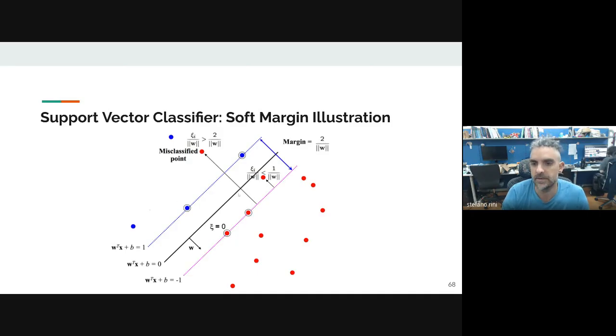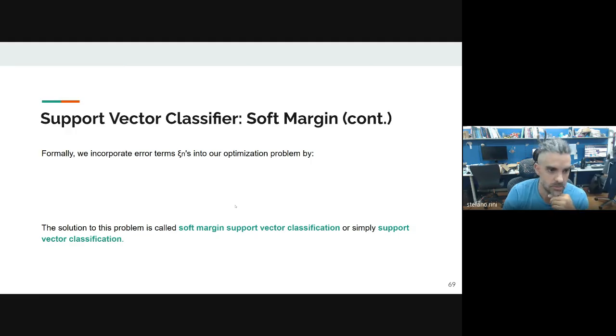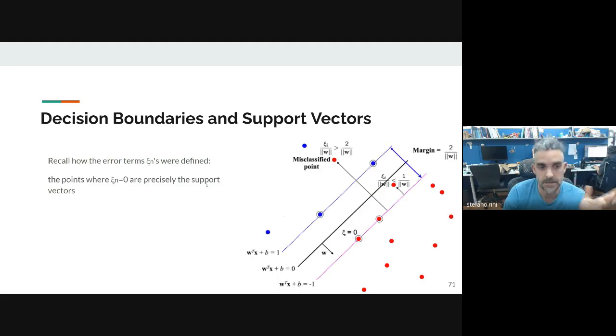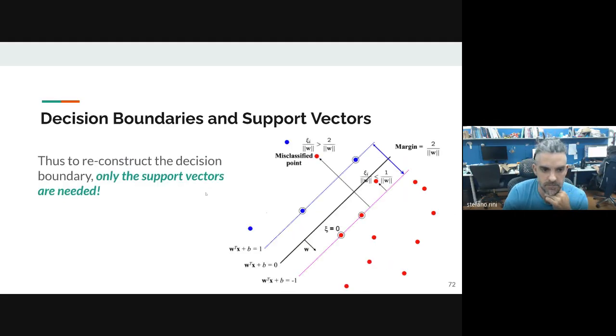So if something is inside the margin, there's going to be an error of classification. We're going to pay a penalty for it, but we're going to maximize this Lagrangian, the sum of the misclassification error plus the margin. And we manipulate how this goes, and then we just keep running this. You can go through the slides and see how the choice of lambda decides which behavior you should have with respect to your misclassification. Okay, so this is the same plot as before.